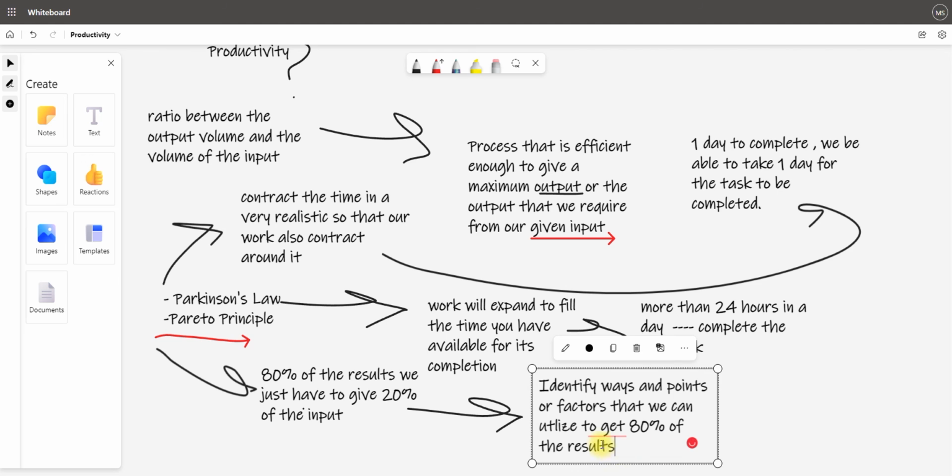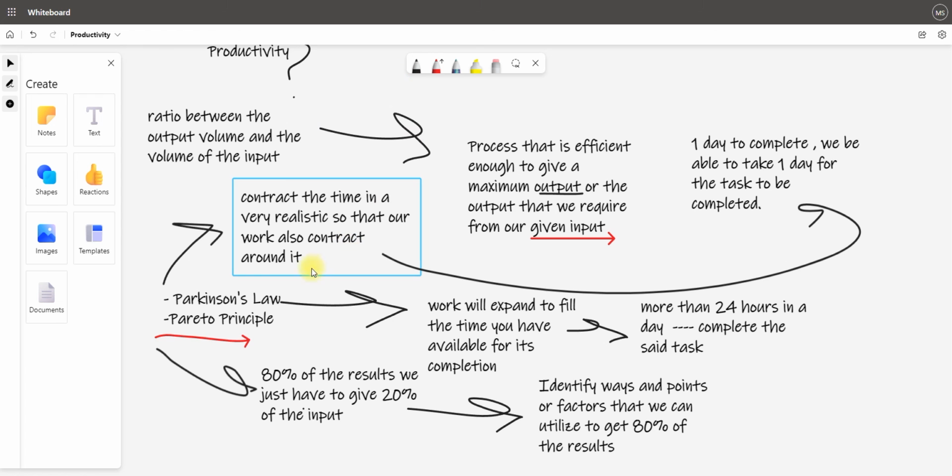Now, this was basically all about it. If you want to be more efficient at tasks that don't require a lot of work, that's why it's important to understand both of these laws, Parkinson's Law and the Pareto Principle. These two laws will allow you to be more efficient and effective, completing all tasks on time and with ease, whether it's at work or in life in general.